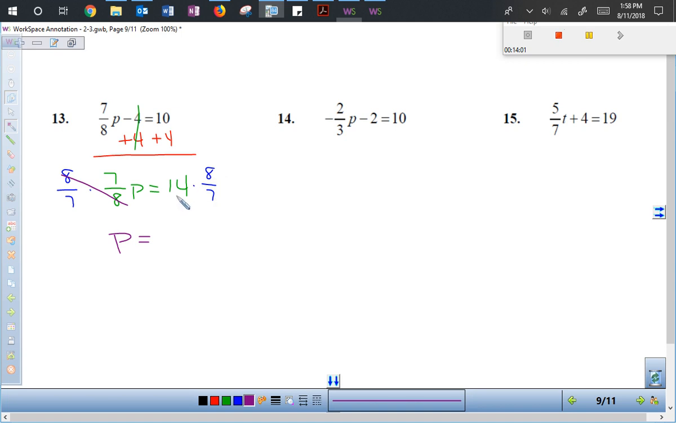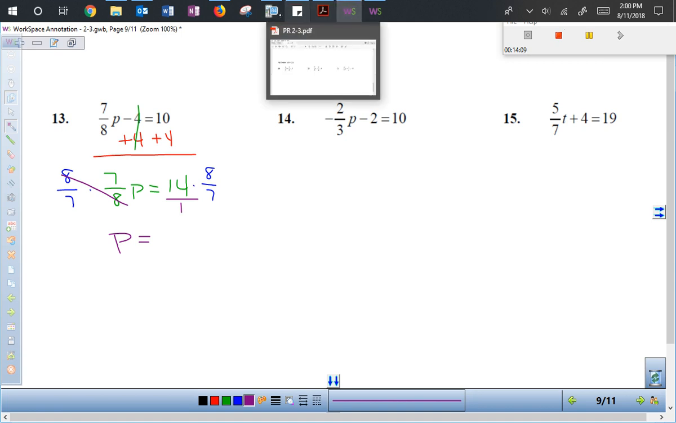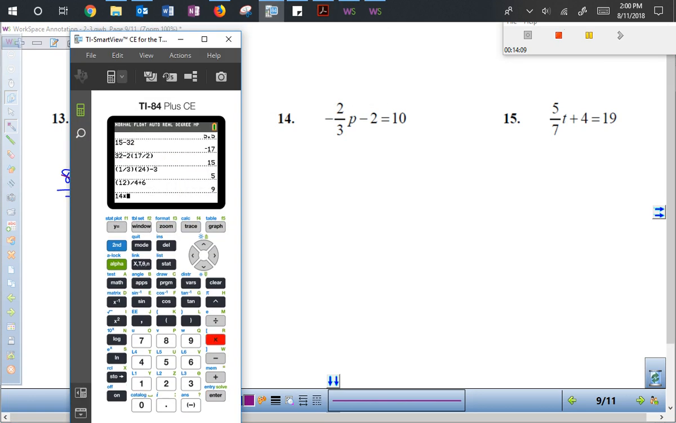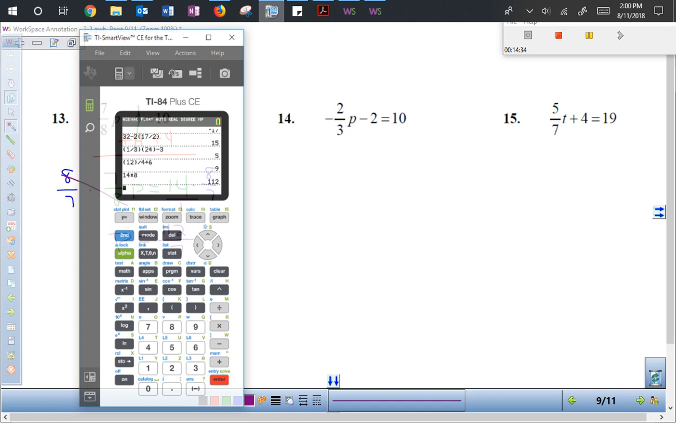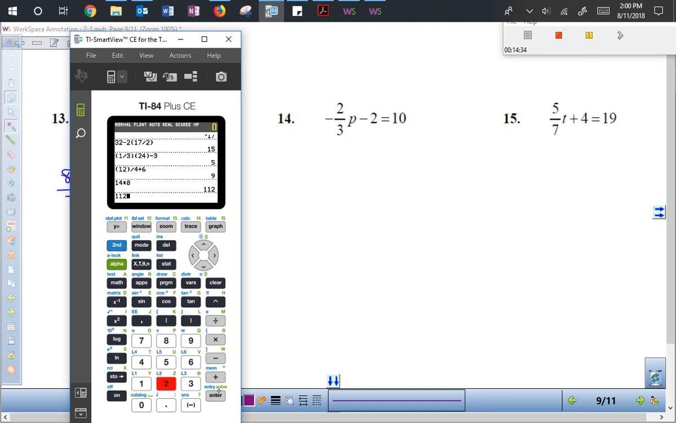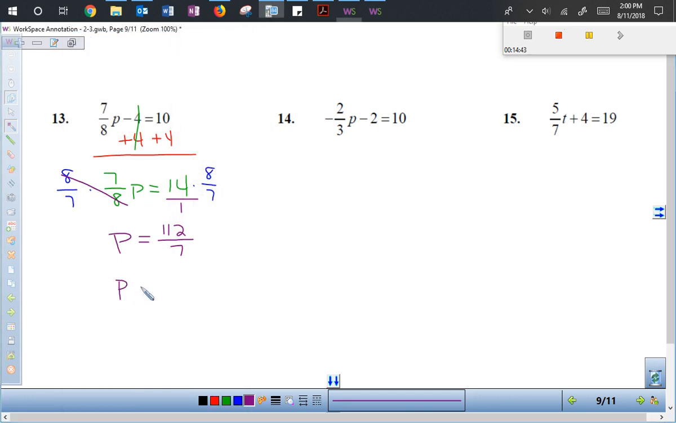Then 14 times 8 over 7, that's the same thing as 14 over 1 times 8 over 7. So numerator times numerator, we're going to take 14 times 8, which gives me 112, over 1 times 7, which is 7. Now, we need to see if there are any common factors that we can factor out and simplify. So, let's see, 112 over 7. I'm going to first see if 7 goes into 112. So if I take 112 divided by 7, that gives me a nice number of 16. So actually, p just equals 16,